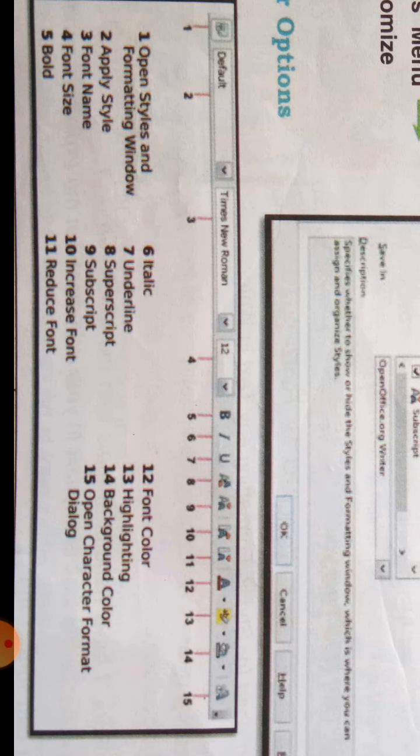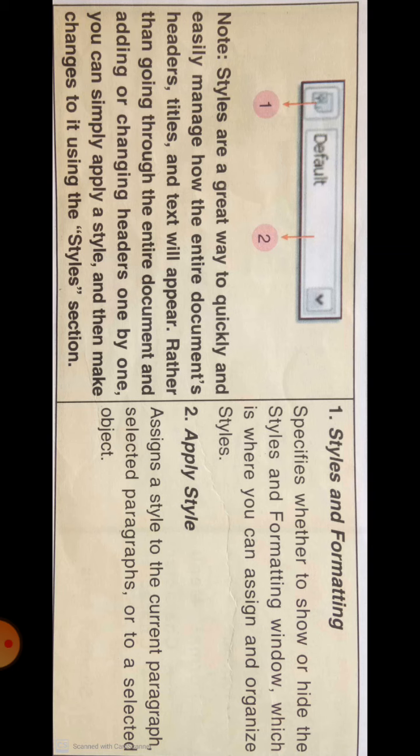First tool, style and formatting. Specifies whether to show or hide the styles and formatting window, which is where you can assign and organize styles.